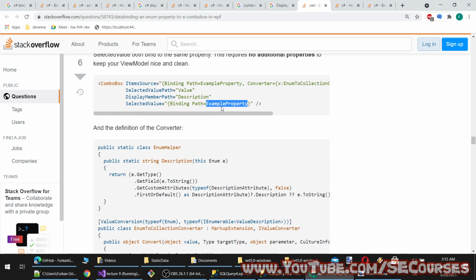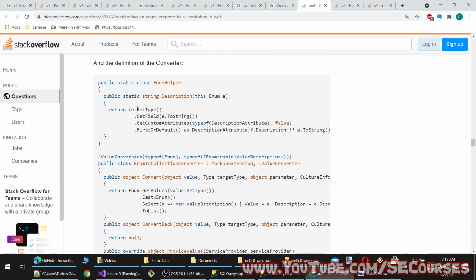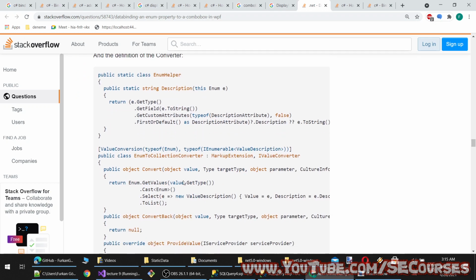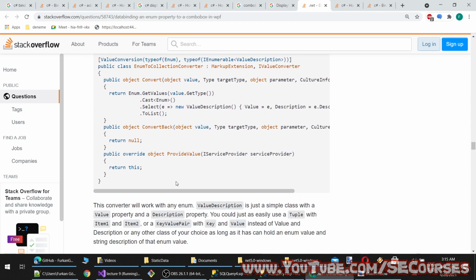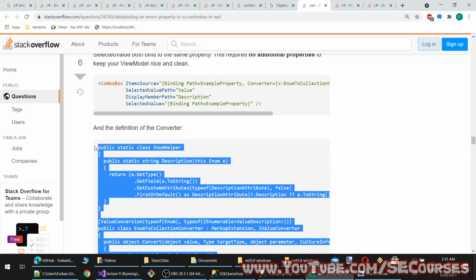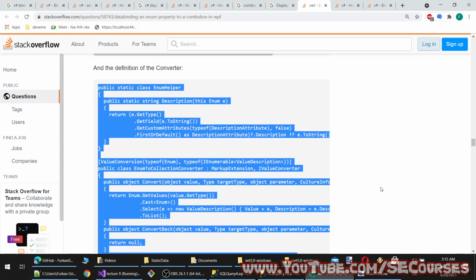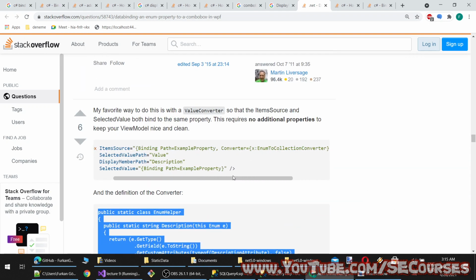Add example. Okay. So there is an enum helper class, and, oh, there is also converter.